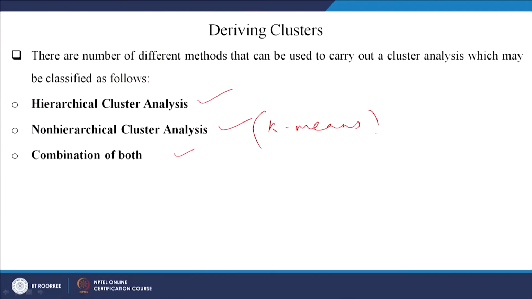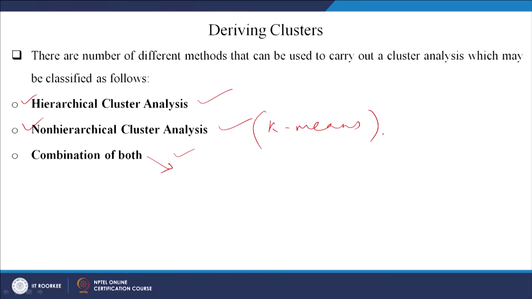Hierarchical cluster analysis, as you have seen, helps you to indicate the number of clusters that need to be formed. The non-hierarchical cluster, which in most software is shown as the K-means cluster, is used to identify and analyze the behavior of each cluster. When these two methods are used together, it is a combination of both. It gives a very apt solution for any researcher to derive the number of clusters and understand them very critically.